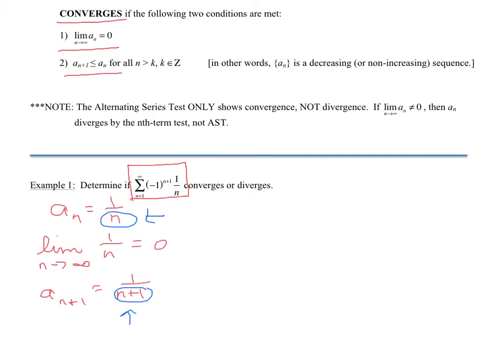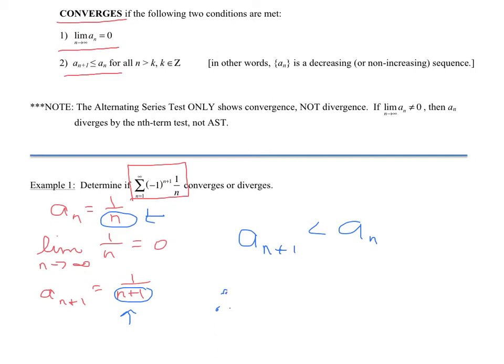Okay, so now let me pick back up where I stopped when I was so rudely interrupted. We were doing our comparison of a sub n plus 1 and a sub n. And what we see is that a sub n plus 1 is in fact less than a sub n, because the denominator of a sub n plus 1 is larger than the denominator of a sub n. So we can go ahead and say that it's less than that for all n. And therefore,